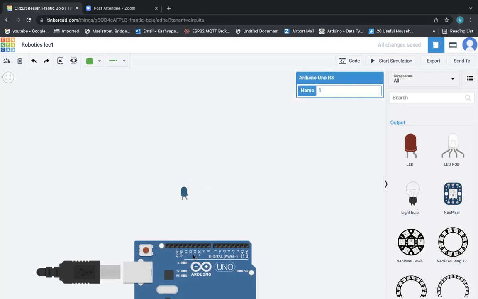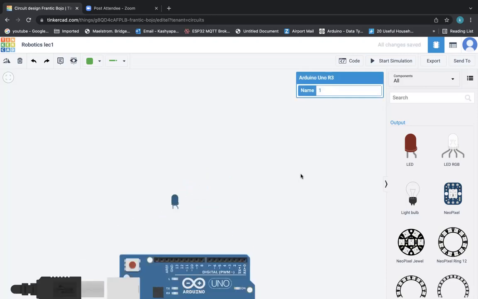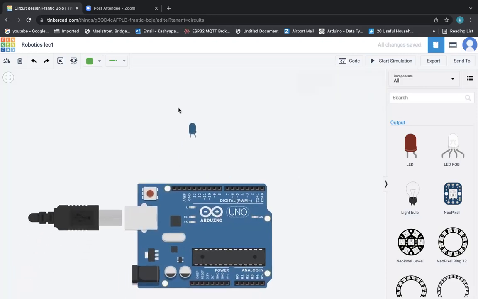Okay. Right. And then what I'm trying to do is connect this. As you can see, I'm going to connect this negative pin to the ground, right? So on Arduino, we have ground. So negative is actually the ground here, right? So the shorter or the straight pin is the ground, and the angled or the longer pin is the positive pin